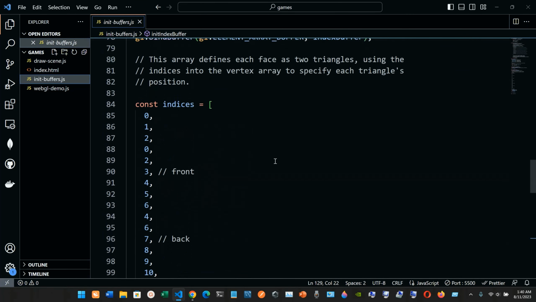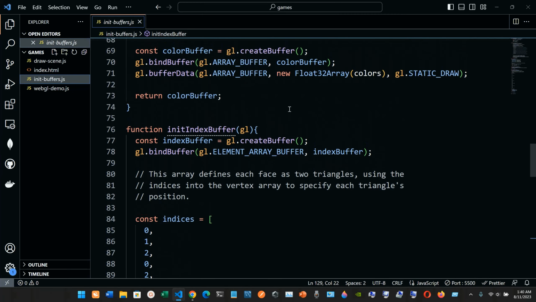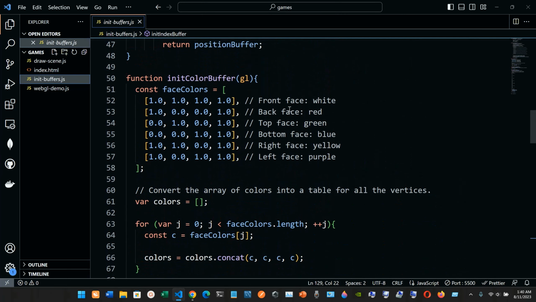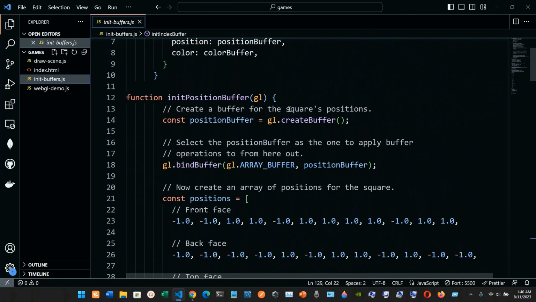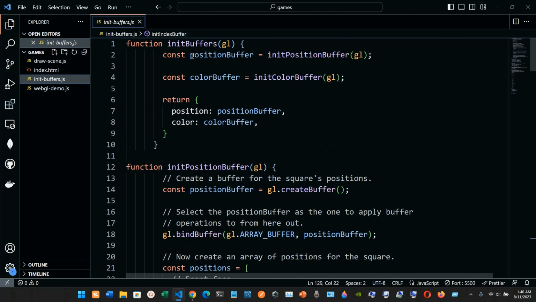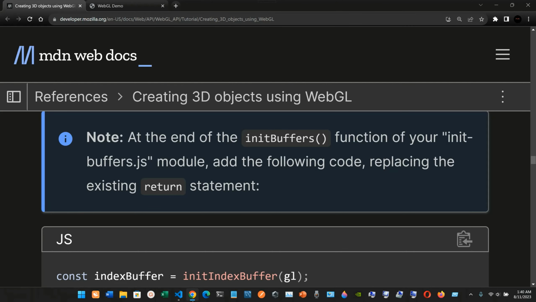Let's first look for the init buffers. It's going to be the second one. This is the curly braces and this is the M. Okay, init buffers, so it's going to be that one. At the end of the